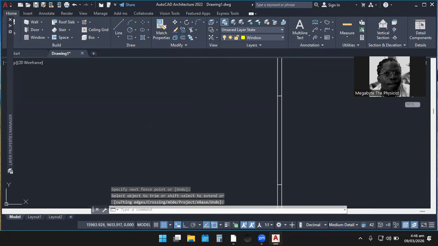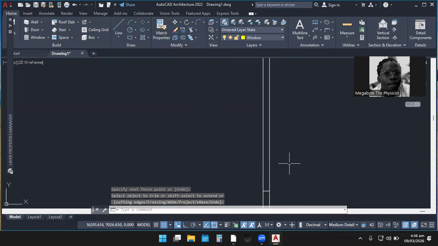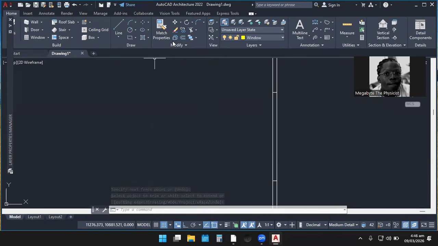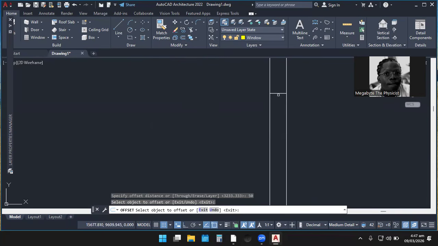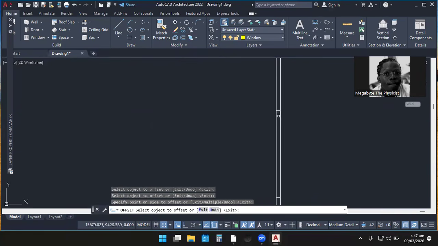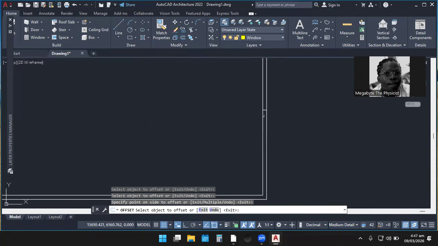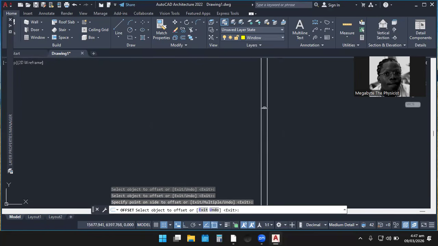Okay. Then let me offset 50/50 so that we can focus on our window. So I still come and select the offset. Then I press 50. Enter. So this is a 50. They say yes, so we are done entering the 50. I'm sure. So I select this, I enter, I select this, I also enter.